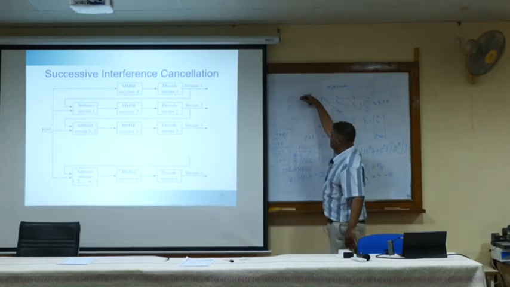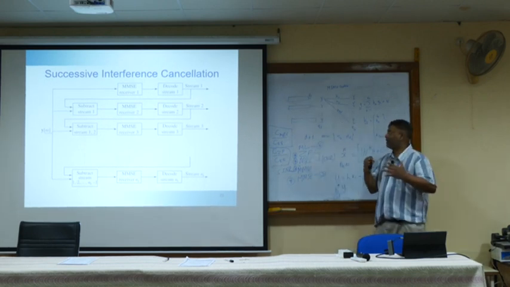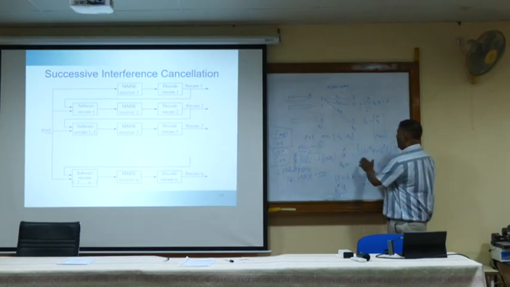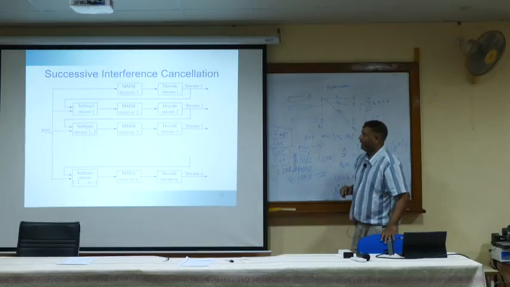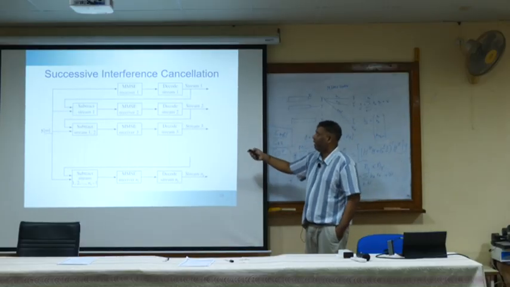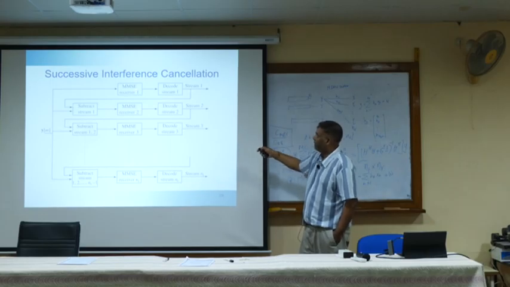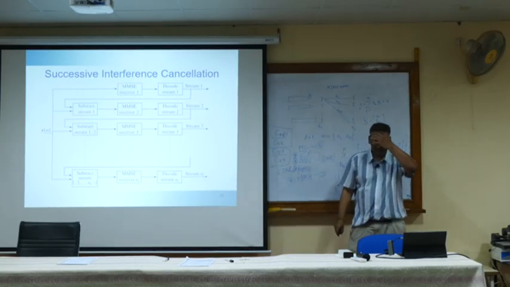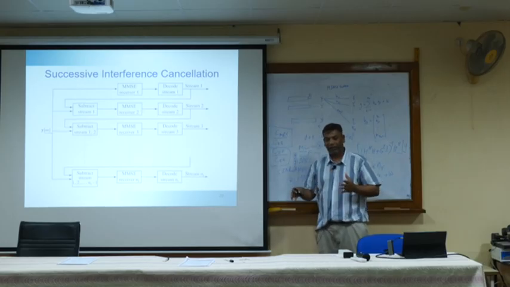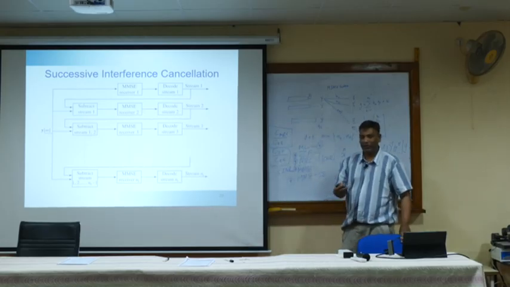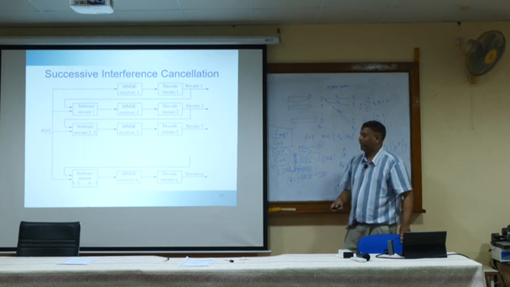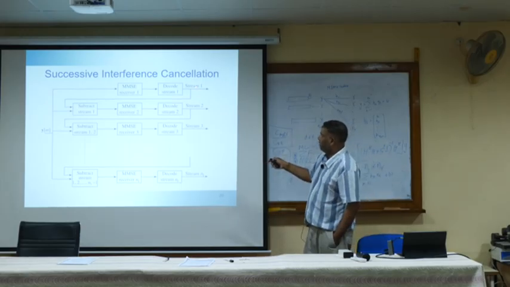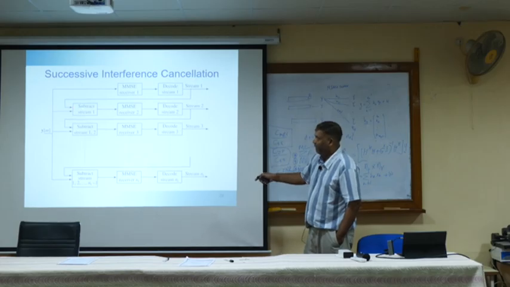So you have already estimated one of the streams. Normally, we estimate the strongest stream, meaning the column of the H matrix that has the strongest gain. And why do we need to estimate the strongest stream? Because when you estimate the strongest signal, the other signals will be interfering, but the estimation performance is better because it is a stronger signal. So you first estimate the strongest stream, and then from the received signal, you subtract that